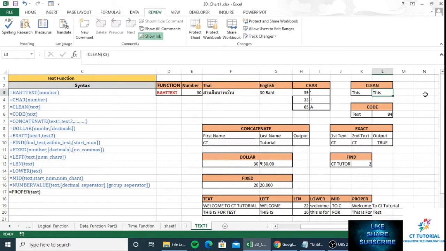Next is CODE. It will give you the ASCII number, or ASCII value, based on the first character of a word. Suppose you have text, I have written here text, and it has given a value of 84. So let's see if I write down 84 here,